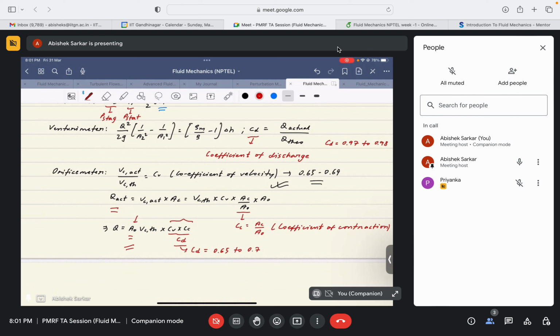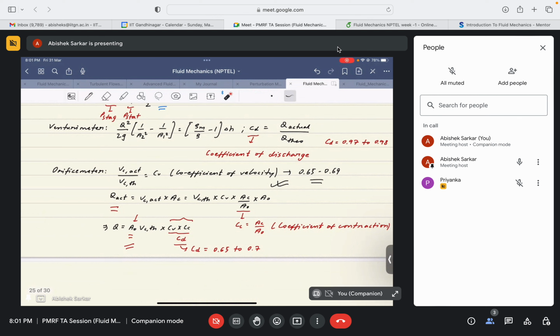And since we want to obtain the mass flow rate with the help of the values that we know, and since this is the value of the orifice that we know, we want to manipulate the equation in such a way that we get rid of the area of the vena contracta. And to compensate for that, we use a coefficient known as the coefficient of contraction, which generally has the value of